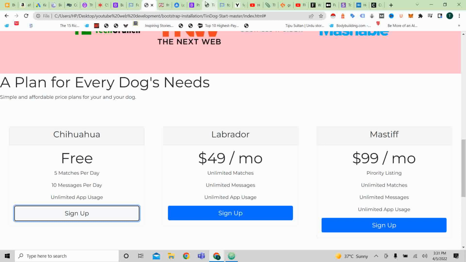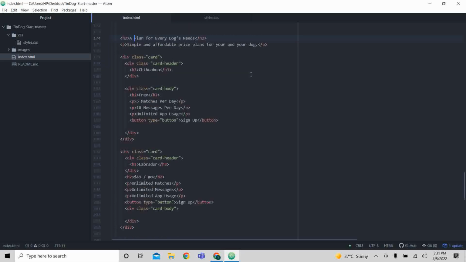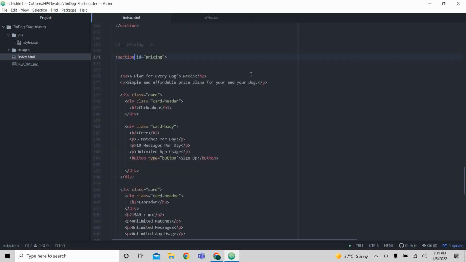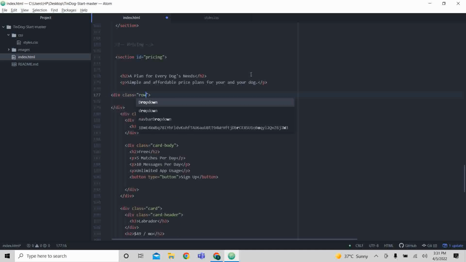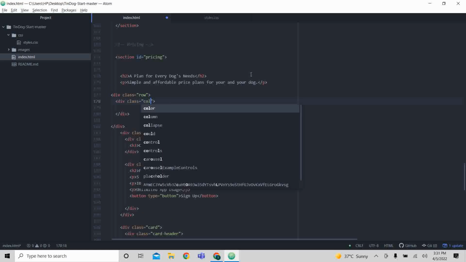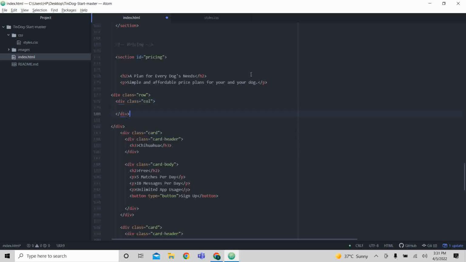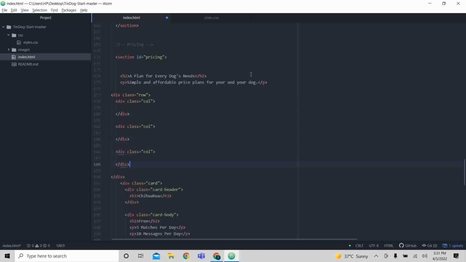So I hope that you tried it. Now we will be doing this all together. As we did it before, we are going to make a new div with a row. Inside that we will have a new div that is a column, and obviously we will be having 3 different cards, so you need to have 3 different columns, and inside each you may